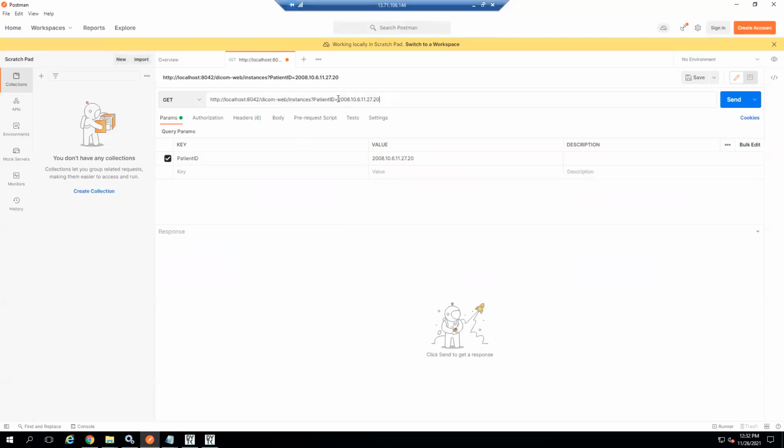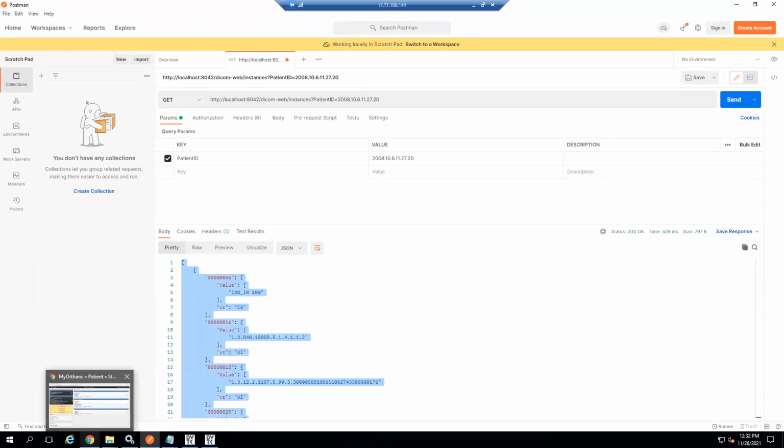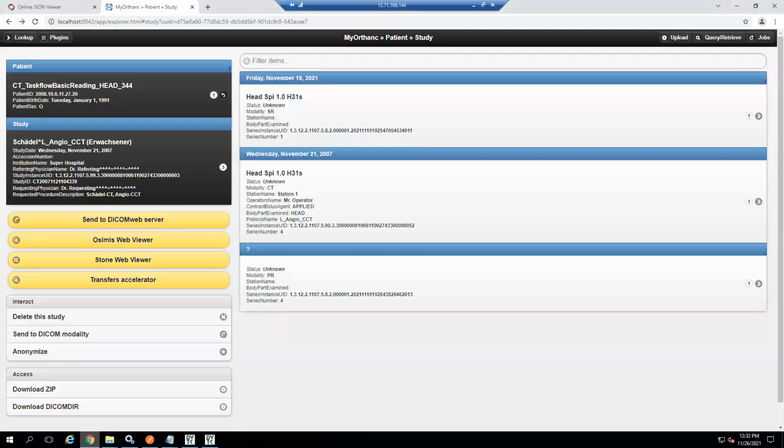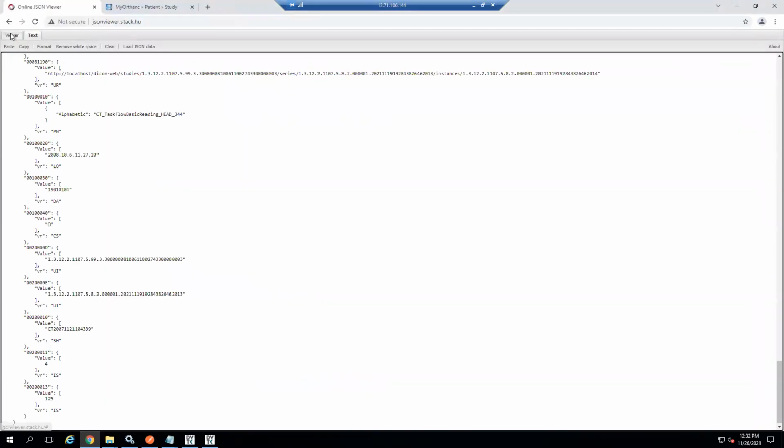Now I'll go here and hit the URL. I got the response as a JSON structure. I'll put this JSON structure in a JSON viewer and explain what it means.